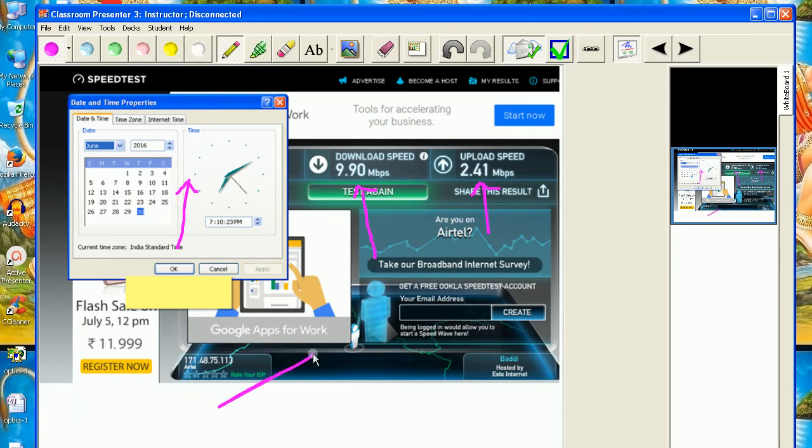So this is the best, I think Classroom Presenter 3 is the best one to present anything. Instead of showing the PowerPoint presentation by using the projector, you can use this way, and here you can correct wherever you think that you have to explain a particular figure or whatever you want to show.